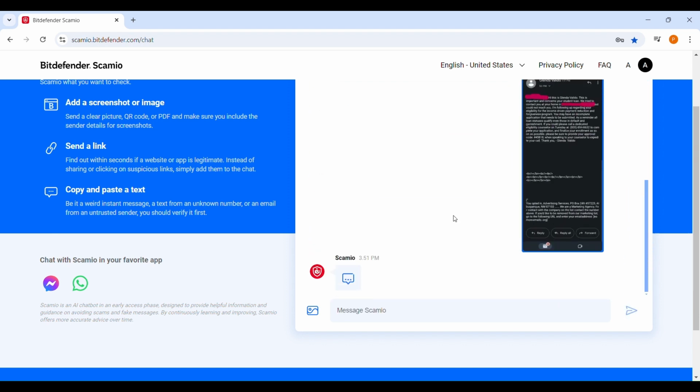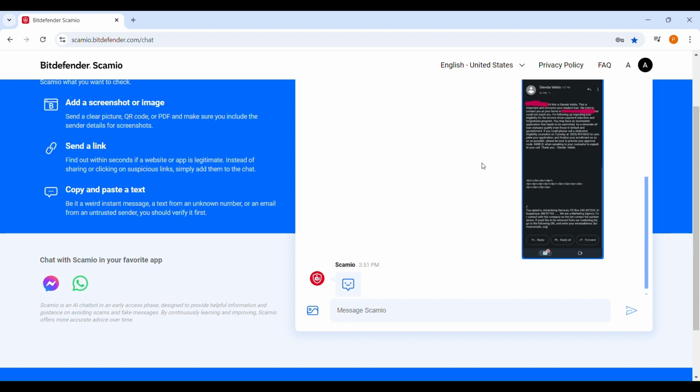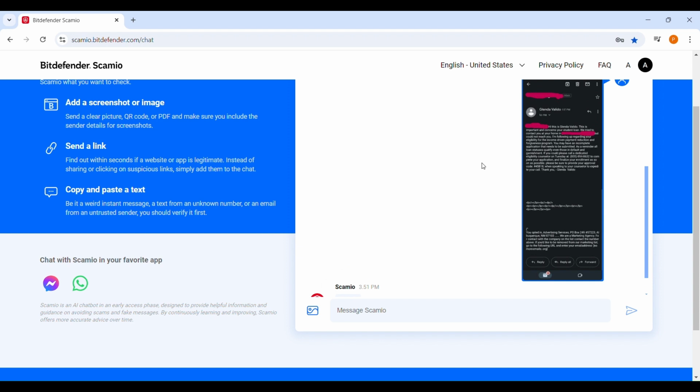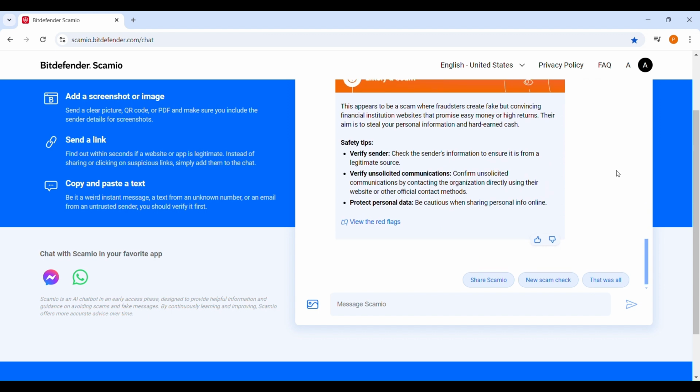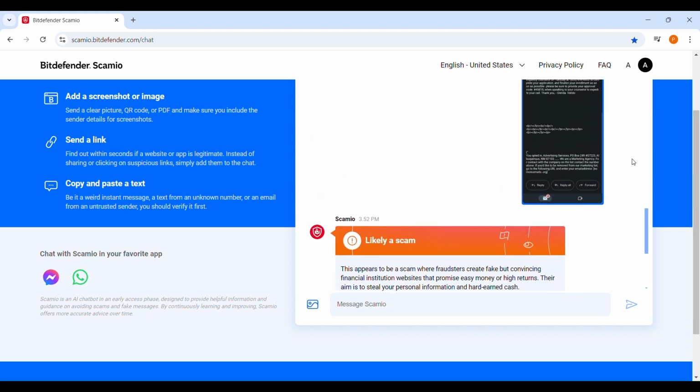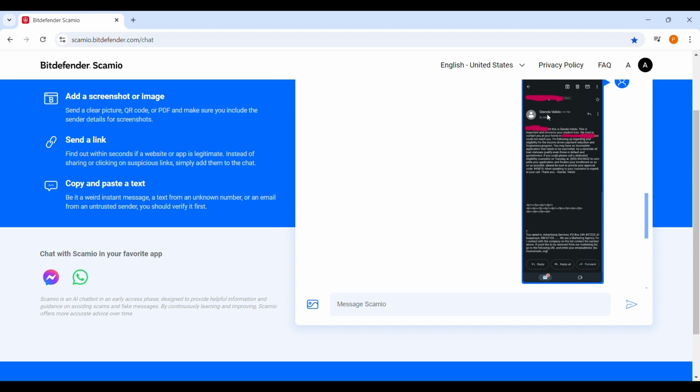So just so everybody can, maybe it might be hard to see in the video, but this is an email that we received from a person named Glenda Valido. And it's supposedly about a student loan. They tried to contact us, but they couldn't reach us. She's following up because of the eligibility for the income program. Okay, we had a bit of a technical glitch, but here is the email that we received about the loan, and already Scamio has replied and says that this